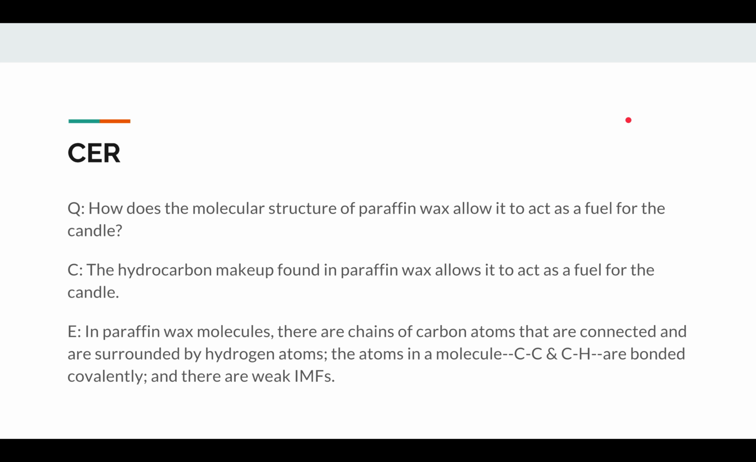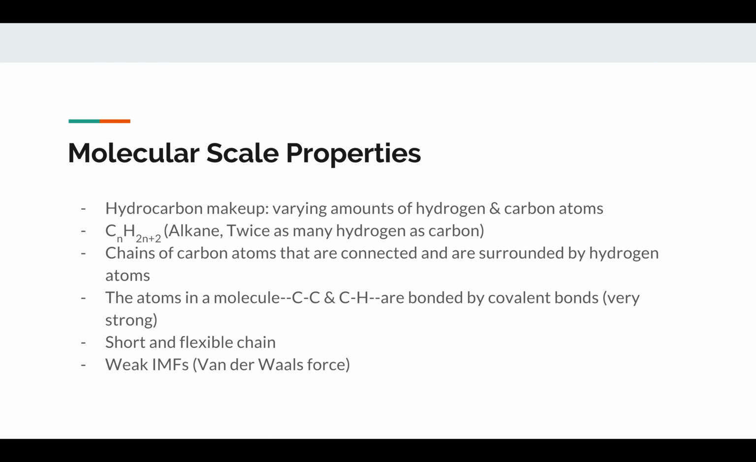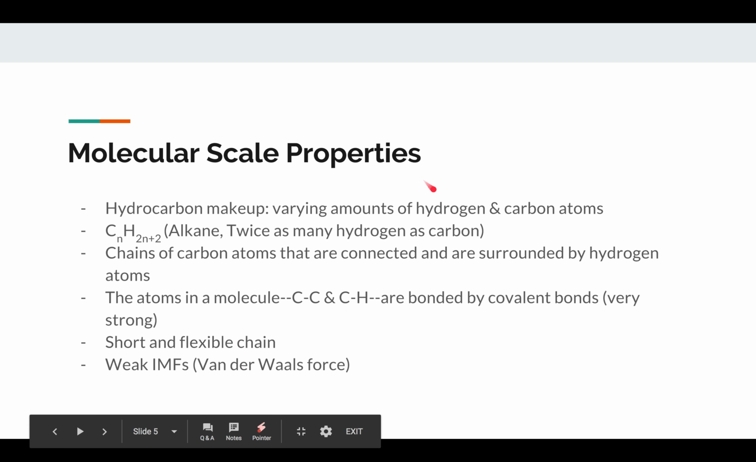So my CER, recall that my question was, how does the molecular structure of paraffin wax allow it to act as a fuel for the candle? My claim is that the hydrocarbon makeup found in paraffin wax allows it to act as a fuel for the candle. My evidence is basically everything in my molecular scale properties,